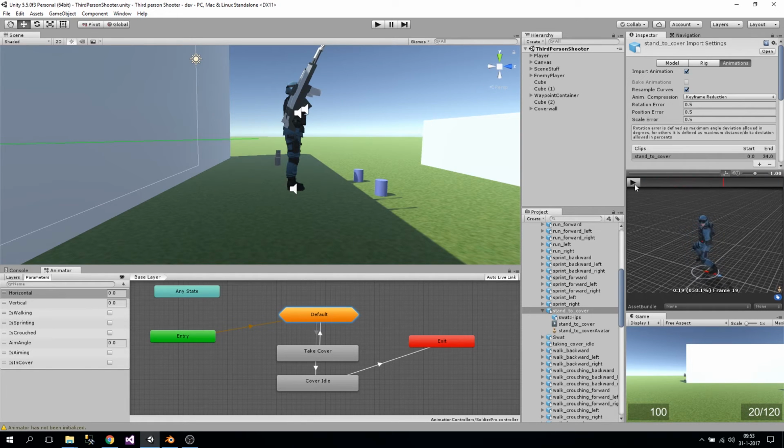Okay, but what you see now is in the end, if you look at this small arrow here, we are aligning ourselves with our back against the arrow. But if we look at our taking cover idle, you can see it's the other way around. So we need to rotate it around, but make sure that our right hand is our weapon. Okay. So what we're going to do, we're going to do the same thing we just did. We're going to import this animation and flip it on the y-axis and also on the x-axis to get it